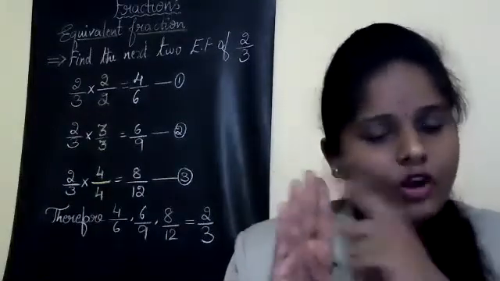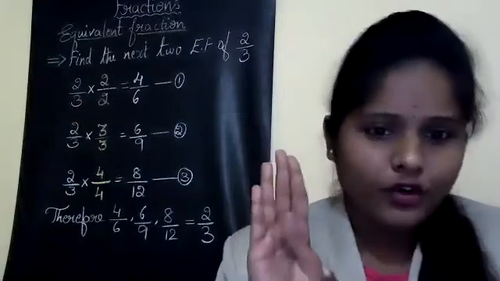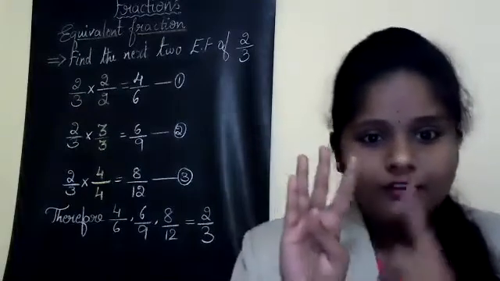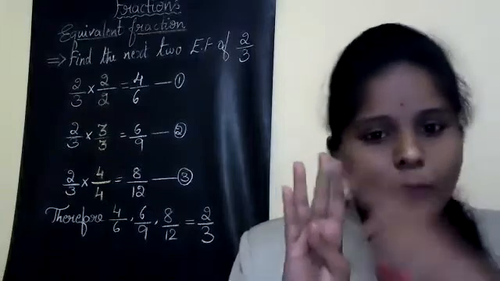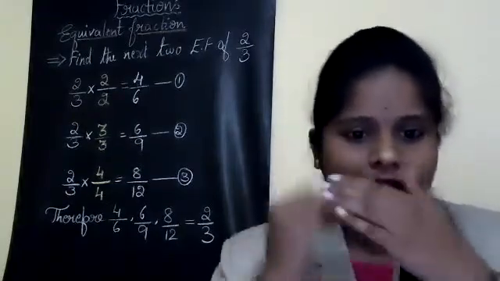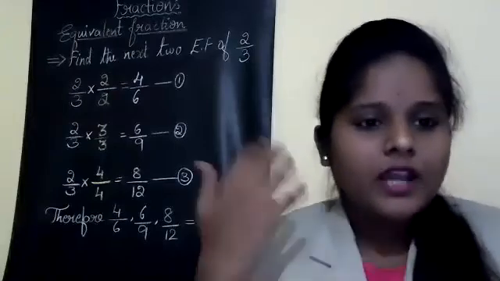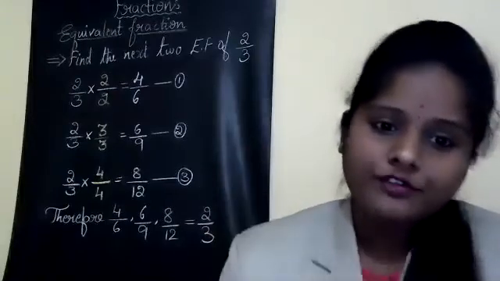So what will be the fraction of this now? 2 by 4, isn't it? 2 by 4. Yes or no? Yukta had 2 parts and 4 parts was the total division. So that 4 we will write below and 2 we will write above the fraction bar. Now the fraction will be 2 by 4.